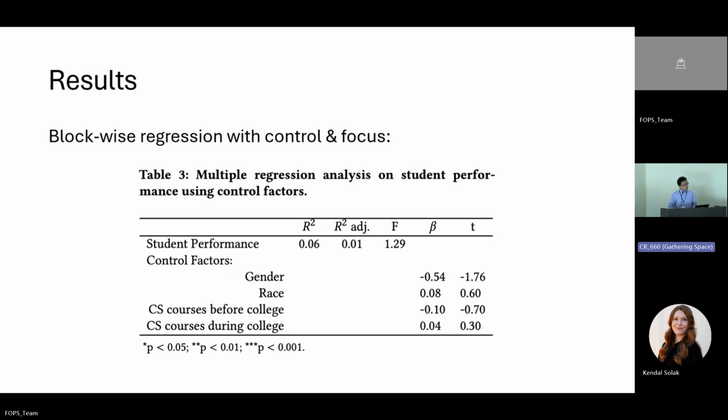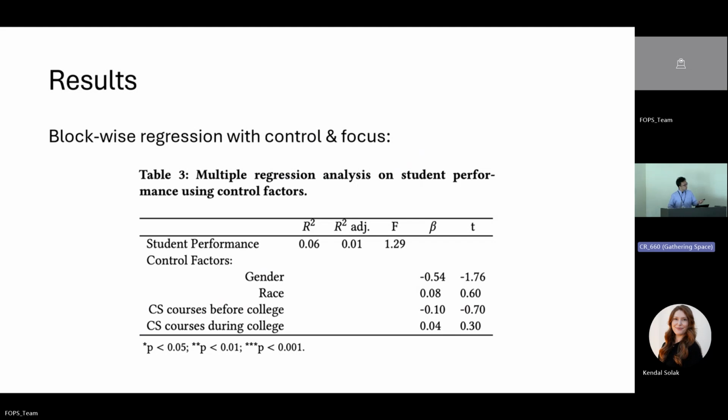To verify this observation, we did a block-wise regression with control and focus. So we tried to control as many factors as possible, at least those things we can collect from students, like their gender, race, and whether they did any CS courses before college or during college. And if they did some courses, then what their grades are. These are the control factors. And after controlling these factors, we had 2 blocks of